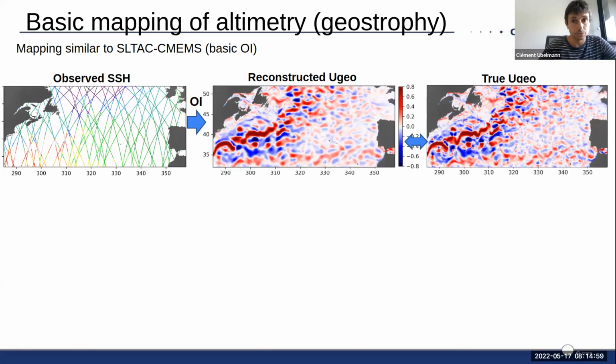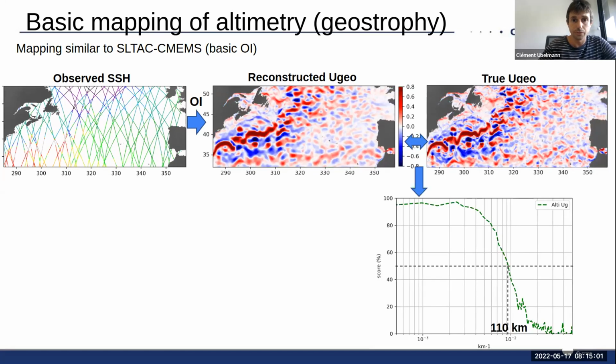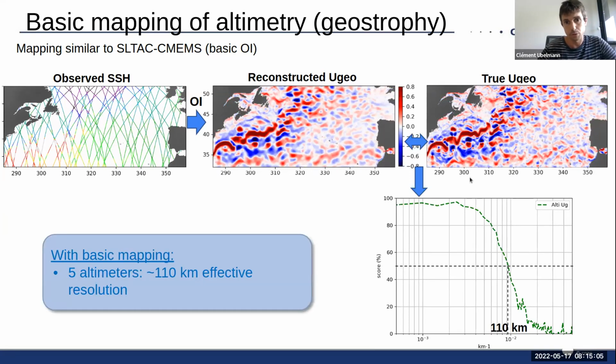We compared it to the SSH, but also to the geostrophic velocity, and ended up with a reconstruction score of around 110 kilometers,